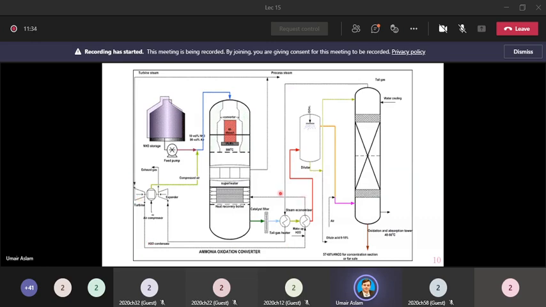So any question regarding ammonia oxidation reactor? जी क्लास कोई क्वेश्चन? No, sir. Okay,